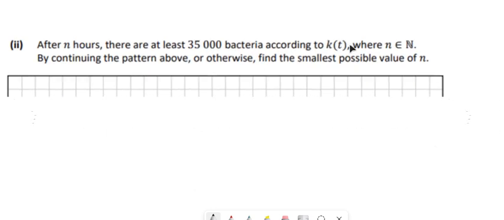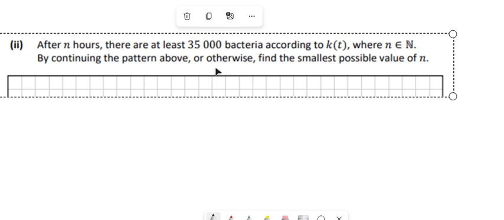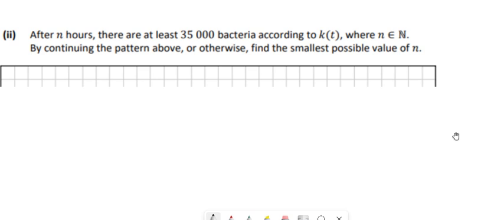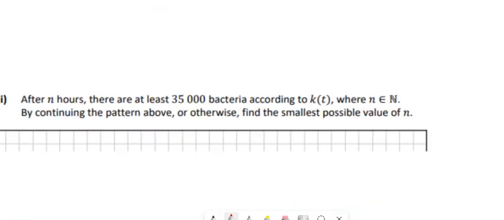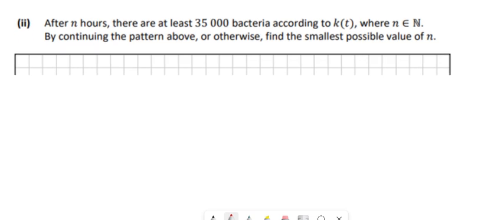Then after n hours, there are at least 35,000 bacteria according to K of T, where n is an element of the natural numbers. By continuing the pattern above, or otherwise, find the smallest possible value of n. Right, easiest way of doing this is, that was where I put a 1 in instead of T, like we've just done. This is where I put a 2 in. If I just keep going, if I put a 3 in instead of T into that,